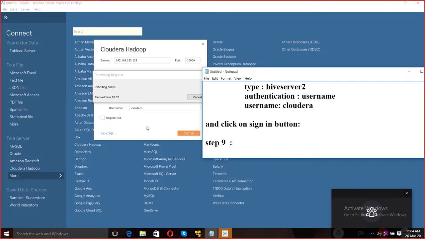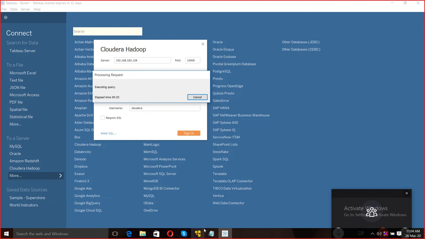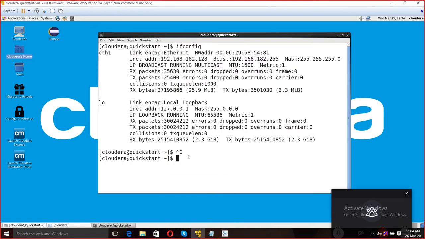Once it's connected with your Cloudera machine, what you need to do over here is start your Hive Server 2. We have already seen that Hive has a total of 3 different kinds of applications: Hive Server 1, Hive Server 2, and Beeline is also there. So you need to start the Hive server. What you need to do for that,